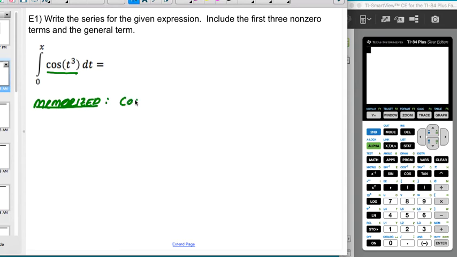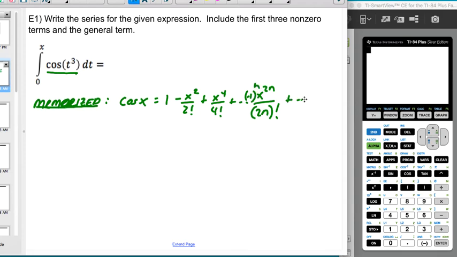is that cosine of x is 1 minus x squared over 2 factorial plus x to the fourth over 4 factorial. So basically all the even powers of x. So x to the 2n over this 2n factorial with this negative 1 alternating, right? Okay. I'm going to take that memorized series and apply it, and realize that the integrand, this cosine of t cubed, should be